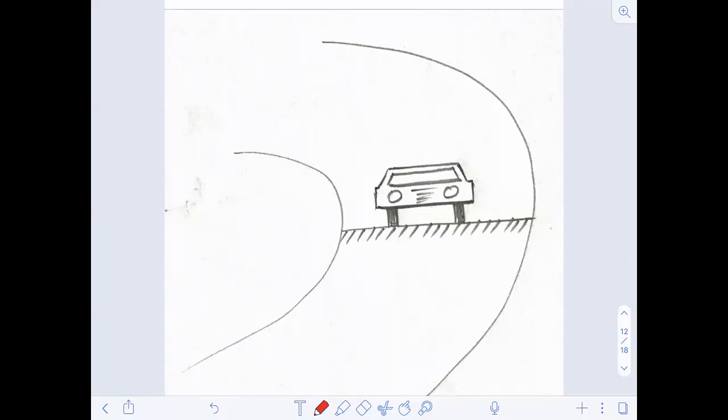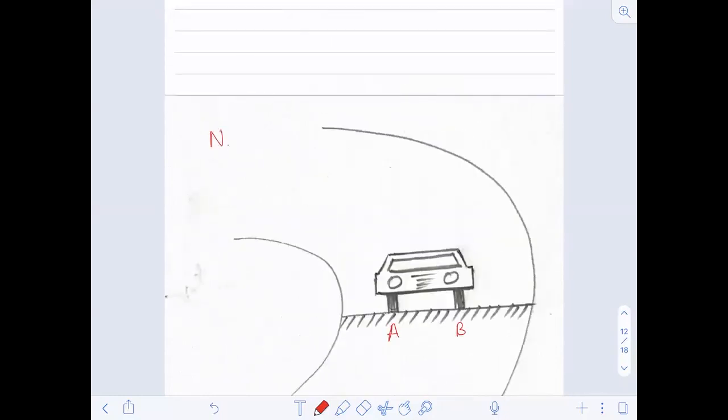So in this, you tell me, if the car is traveling on a circular track, the question is about the normal reactions at A and at B. The normal reactions at A and B. I'm giving you four options: NA greater than NB, or NA less than NB, or NA is equal to NB.